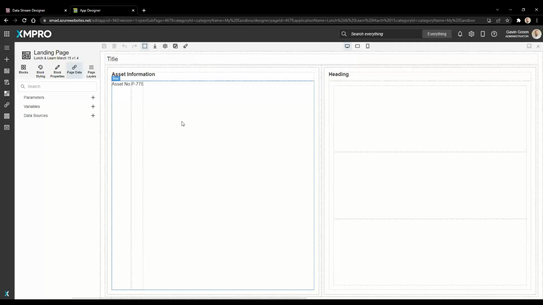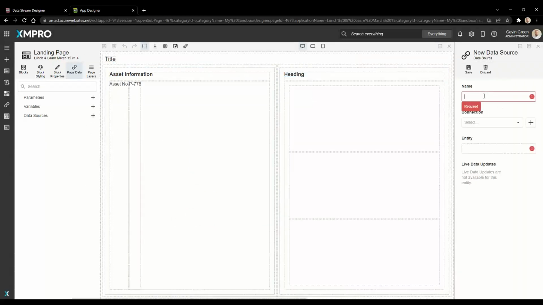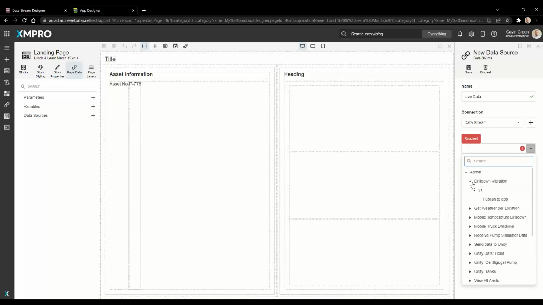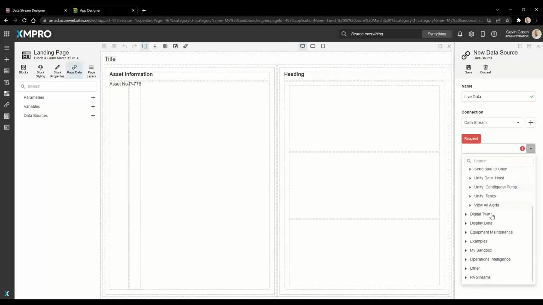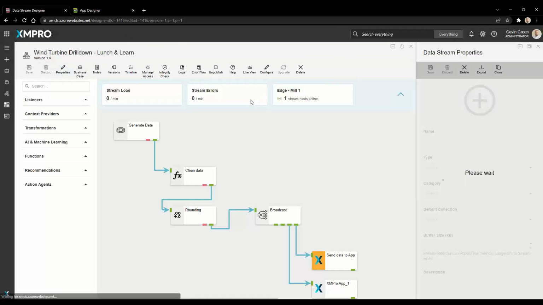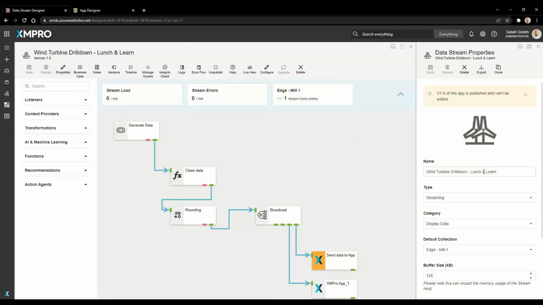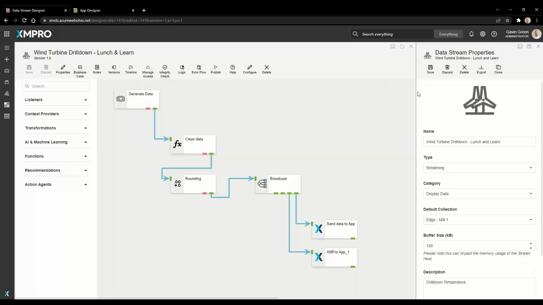Now we can go into our app designer here, and I can go into my data source, and I can say we're going to connect to some live data. And in here, you'll see I have access to a lot of different areas. If I go back and have a look at the lunch and learn, just rename that differently here, and it's in display data, so let's unpublish that,